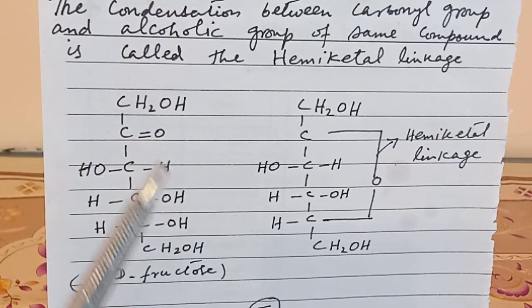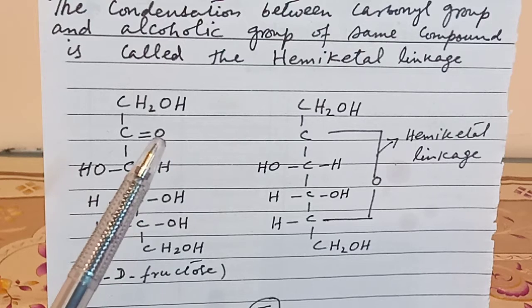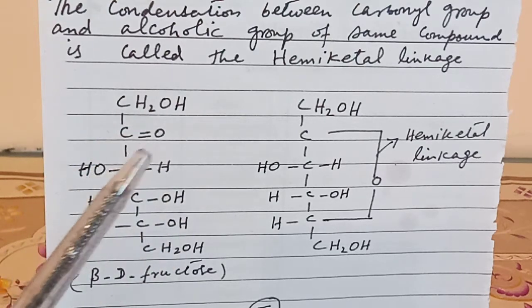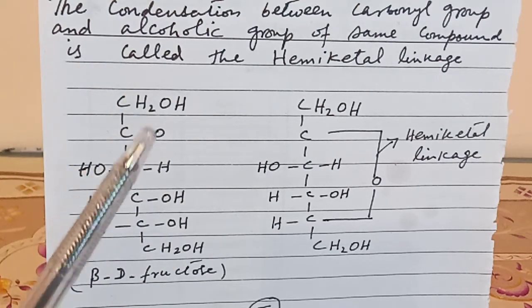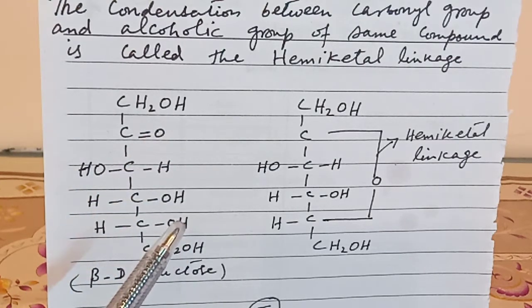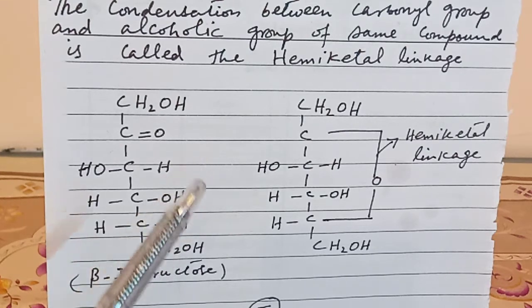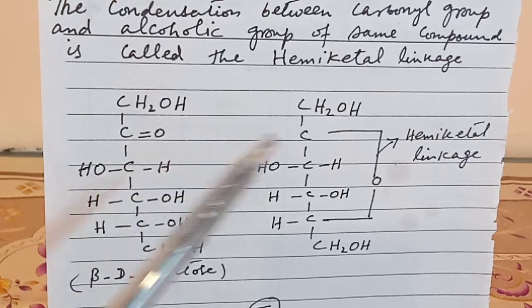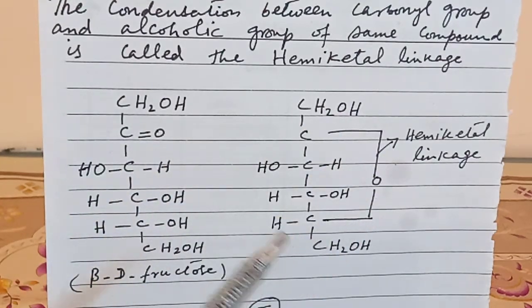तो यहाँ पर क्या होता है कि यहाँ पर जो हाइड्रोजन है ये इस ऑक्सीजन के साथ रिड्यूस हो जाता है और फिर वाटर मॉलिक्यूल फॉर्मेशन होती है रिजल्ट ऑफ द कंडेंसेशन, सेम एज आई हैव ऑलरेडी डिस्क्राइब इन हेमिएसिटल लिंकेज फॉर्मेशन। तो यहाँ पर जो है कंडेंसेशन दोबारा होगा और वाटर मॉलिक्यूल रिलीज होगा या डिहाइड्रेट होगा और यहाँ पर 2 और 5 पोजीशन के दरमियान में यहाँ पर हेमिकीटल लिंकेज फॉर्मेशन होती है। तो यहाँ पर जो है ये कॉन्सेप्ट आपकी समझ में आ गया होगा यकीनन।